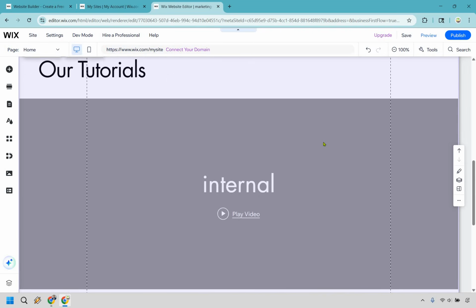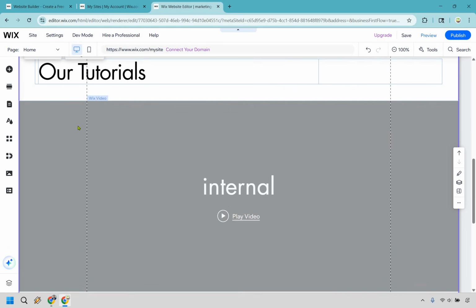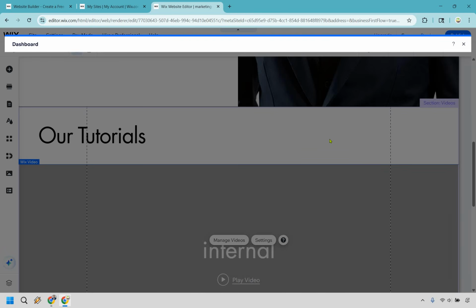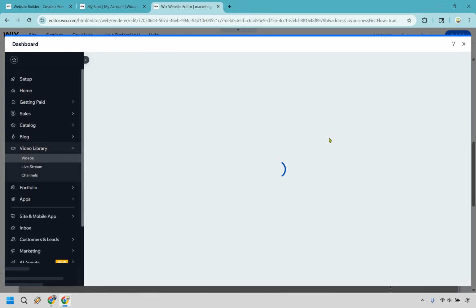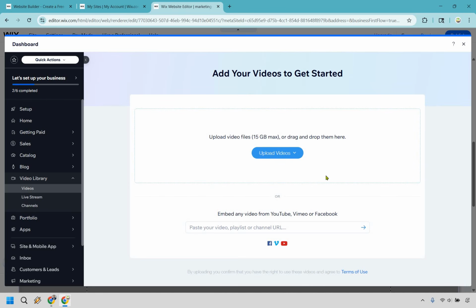So there is a way of doing this that I think is much easier. You can go with the internal section right here. So if I click on this, you can do manage videos. If you want to go about doing it this way, you can upload videos or you can just simply paste your video, playlist, or channel URL there. Whatever way you want to do it, that's going to be a pretty straightforward way of going about adding videos,